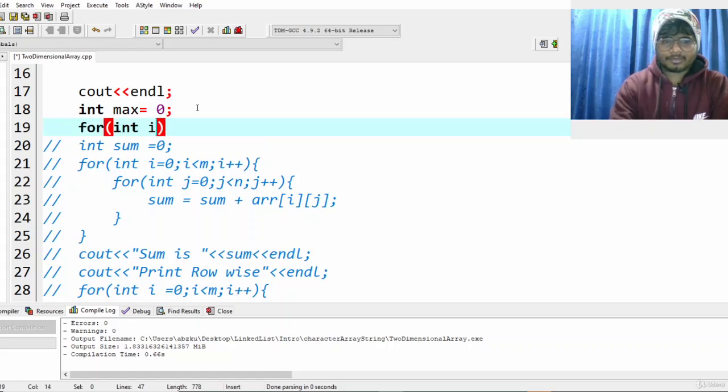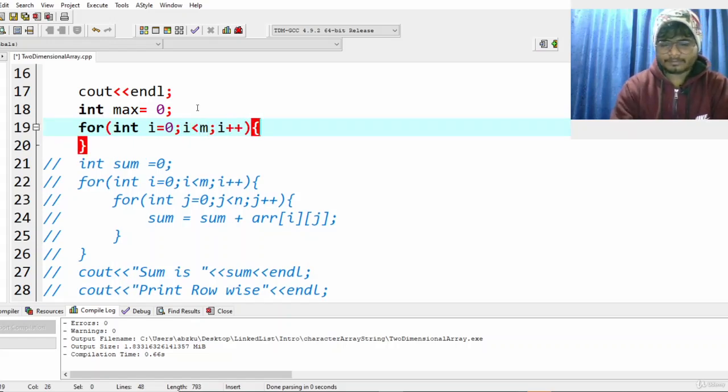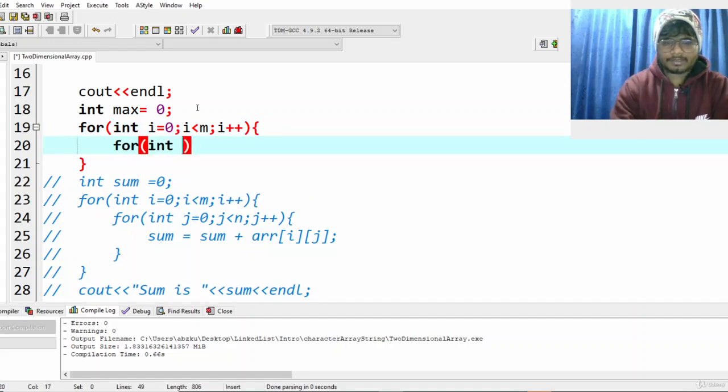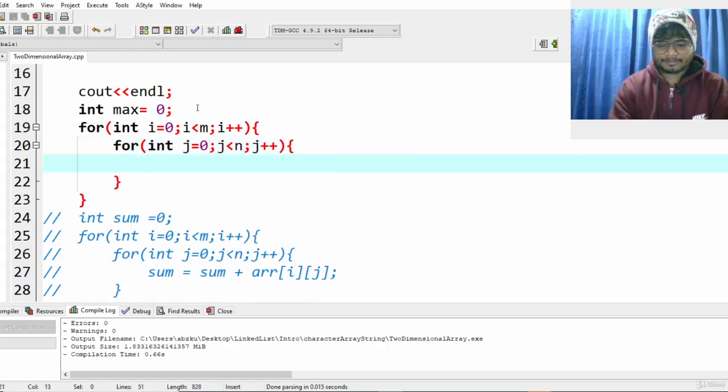Next you go again to all of the values. So first you need to make this loop: i less than m, i plus plus. For the second value, for j, j equal to 0, j less than n, because that is the number of columns, j plus plus. Instead of the sum, check this: if max is less than